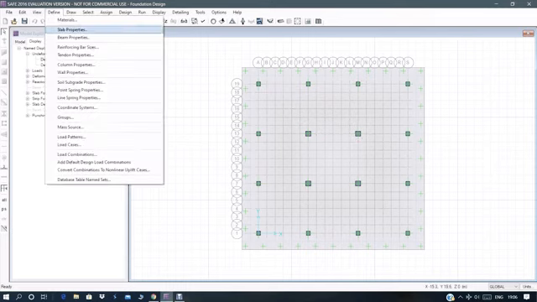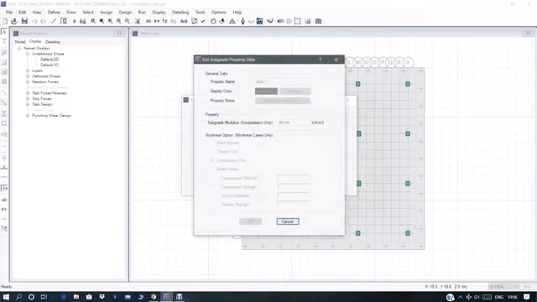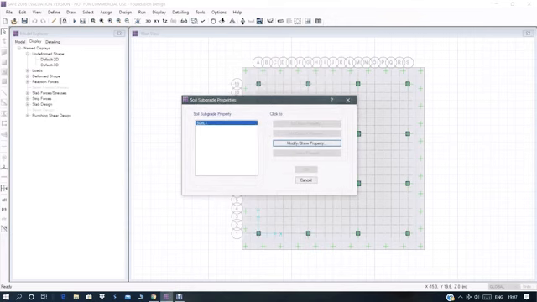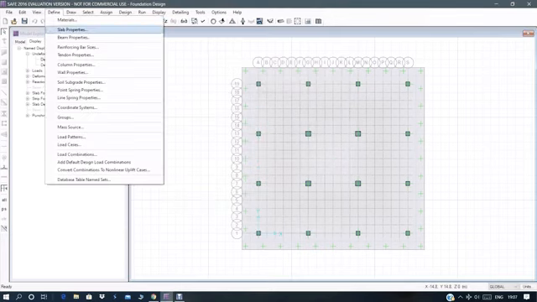So after defining material, slab properties, column properties, then we have to define the soil subgrade properties. Soil, modify. Here subgrade modulus we calculate from the formula: subgrade modulus equals SBC by allowable settlement. These values will be given as per the problem statement. So it's coming 330,000 kilonewton per meter cube. So first material, then slab properties, then column properties, then soil subgrade properties.